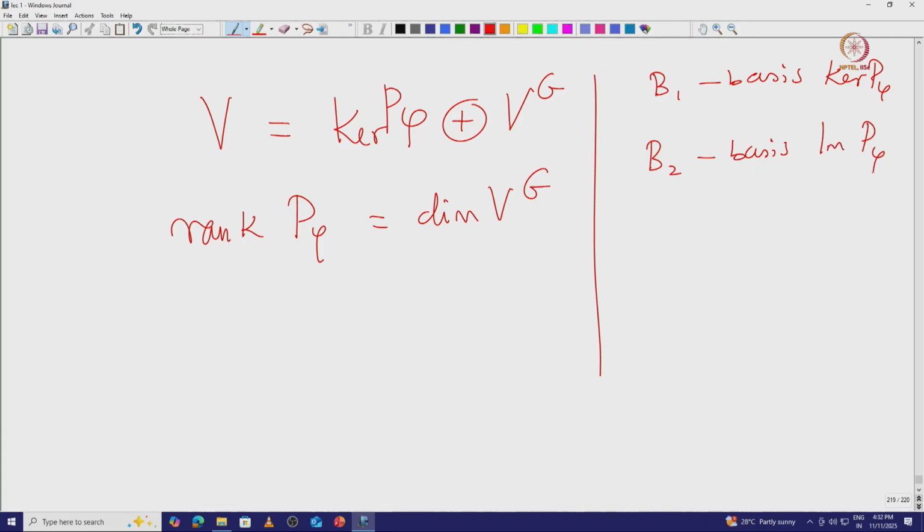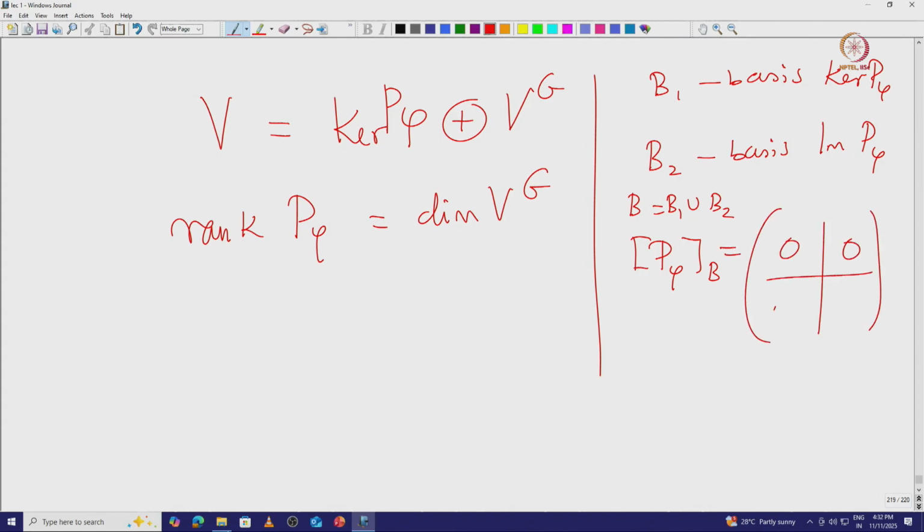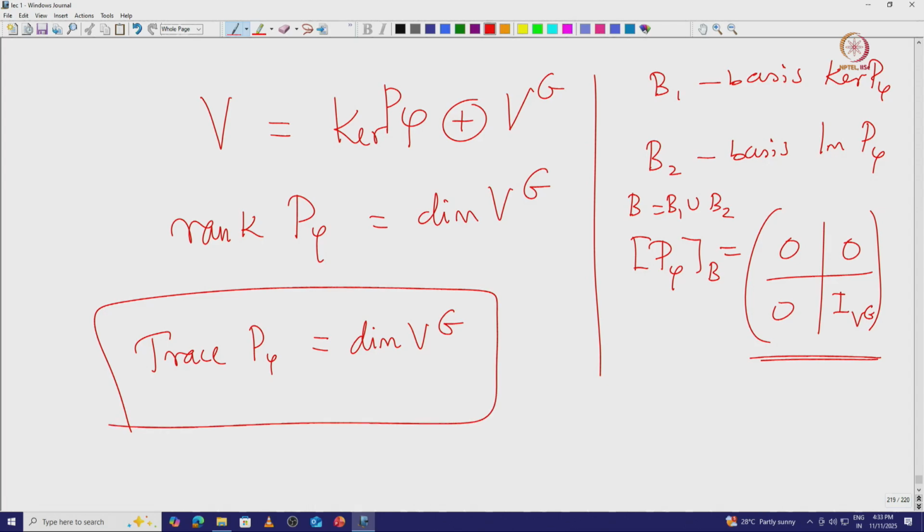Then we realize that the matrix of this projection with respect to the basis, which is the union of B1 and B2, is going to be exactly the block matrix which has 0 on these 3 places and identity on this image, which is identity on V^G here in the right bottom. So, in particular the trace of this P phi is going to be exactly the trace of this matrix, which is exactly the dimension of V^G. So, this is indeed a striking